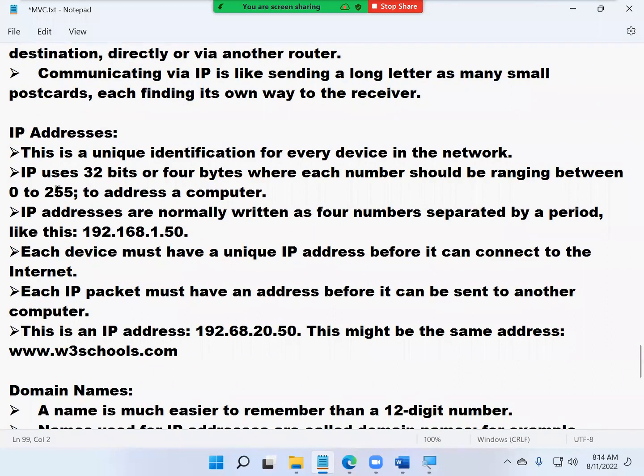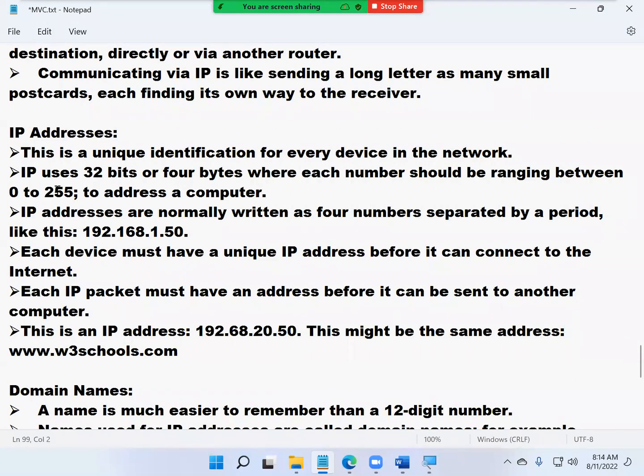address of the machine. And all of you, in your academics, might be coming across the subject of networking. If you have some basic knowledge of networking, you'll get an idea. How do you identify a device uniquely in a network? By using an address called an IP address. We identify a device uniquely in a network by using an IP address.